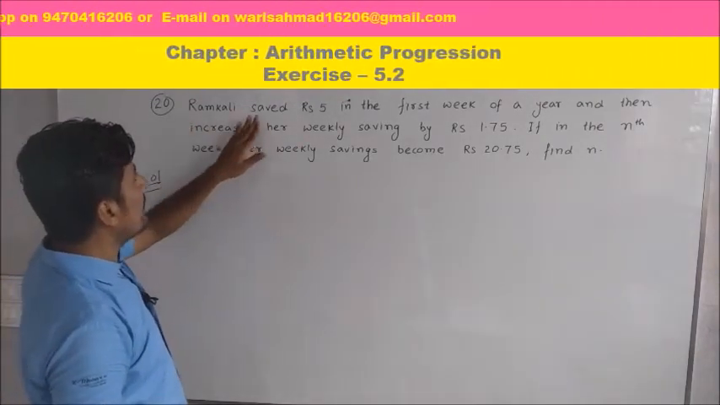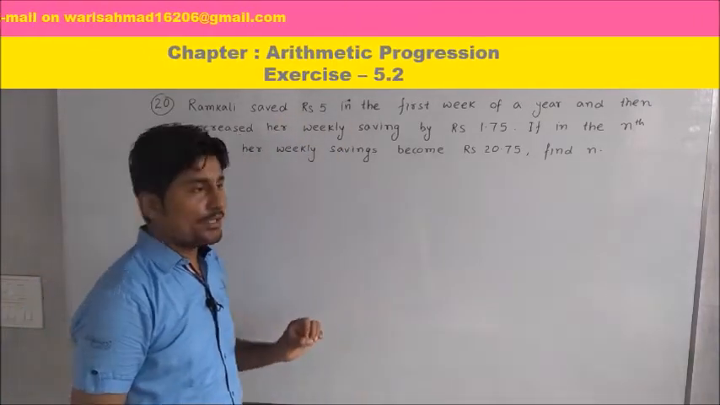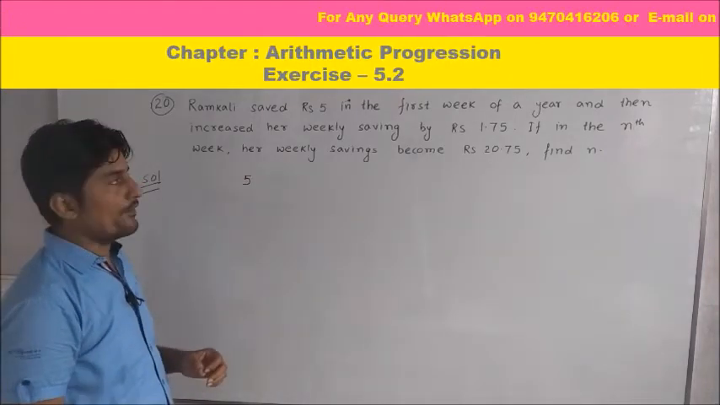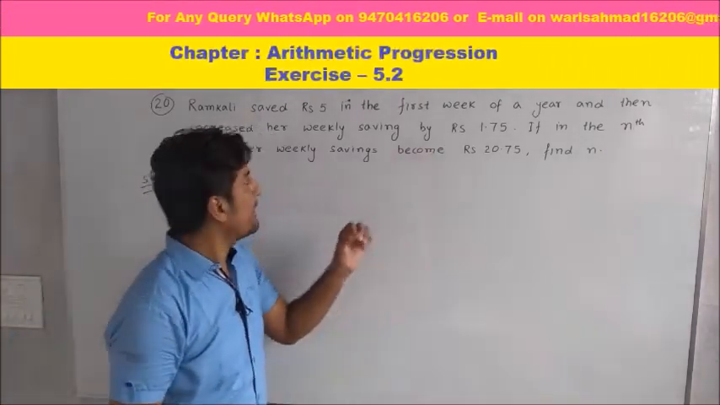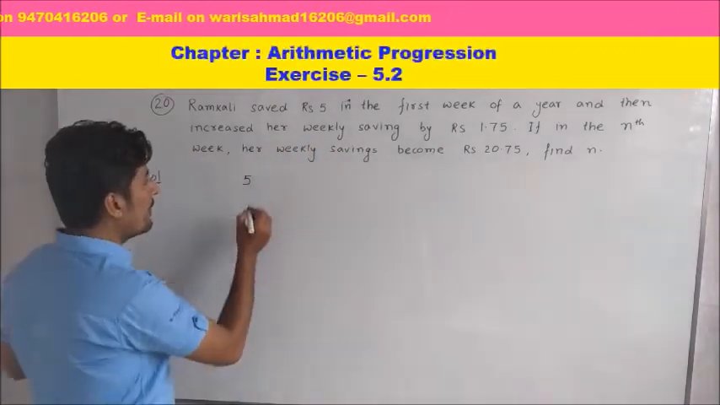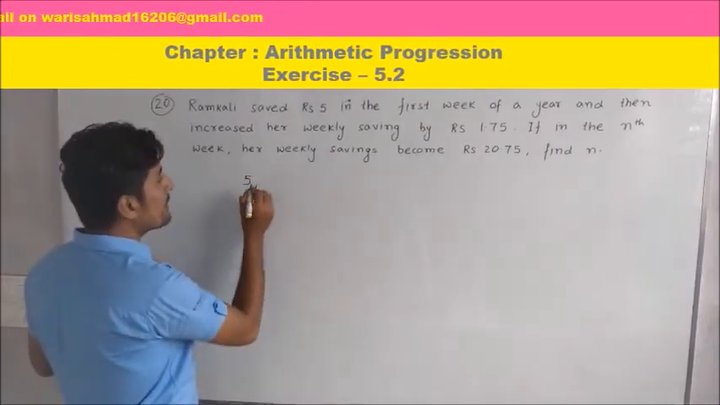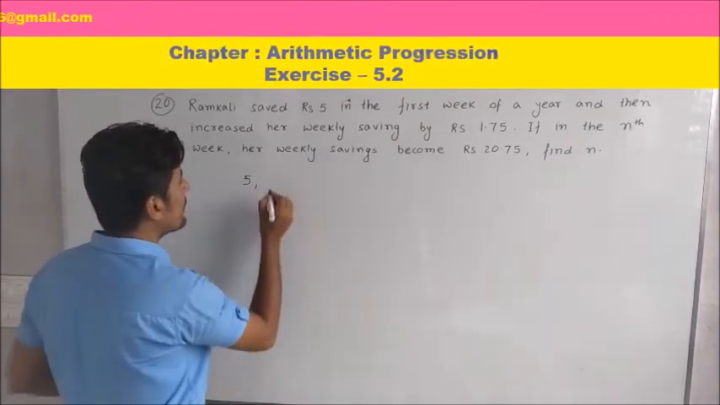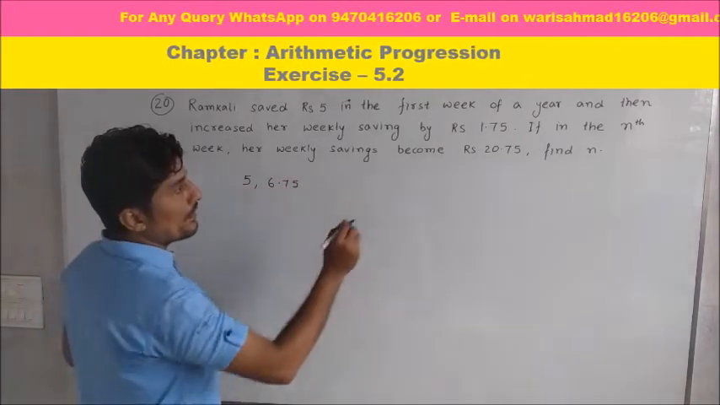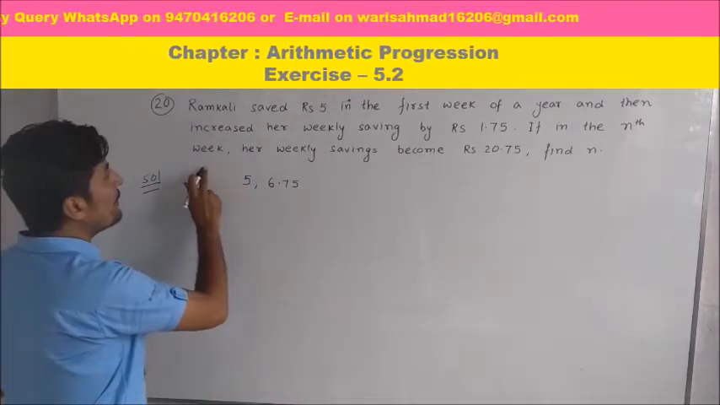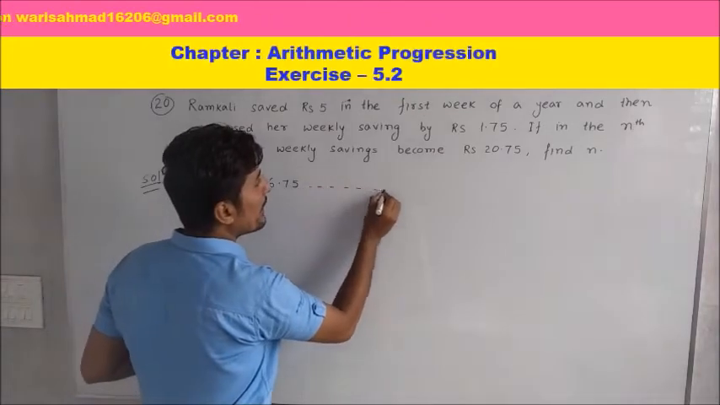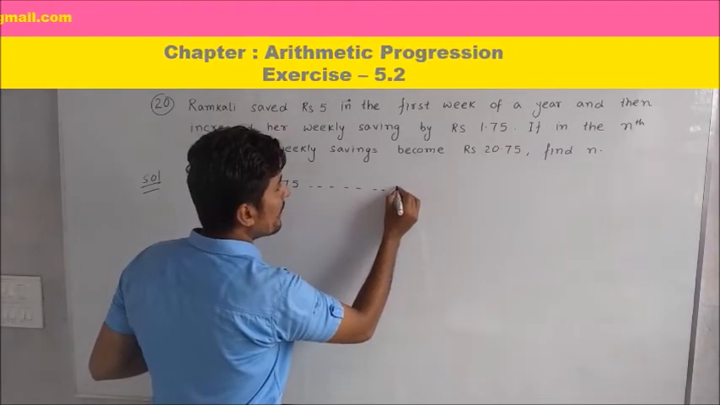According to the question, Ramkali saved rupees 5 in the very first week. So the very first term of the AP will be equal to rupees 5. Next line, and then increased her weekly savings by rupees 1.75. The saving in the next week is equal to rupees 5 plus 1.75, that will be equal to 6.75. Now, if in the nth week her weekly saving becomes rupees 20.75, so in the nth week her saving becomes